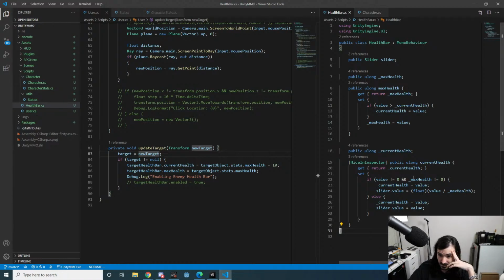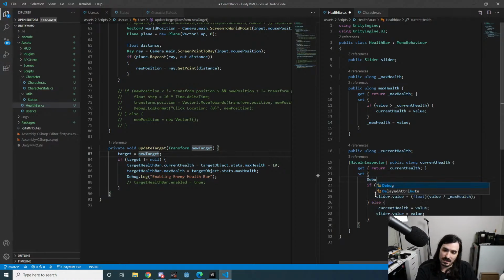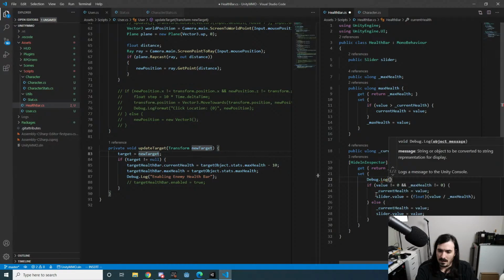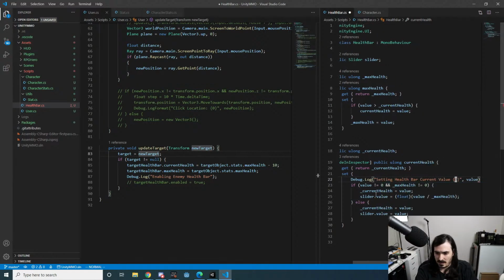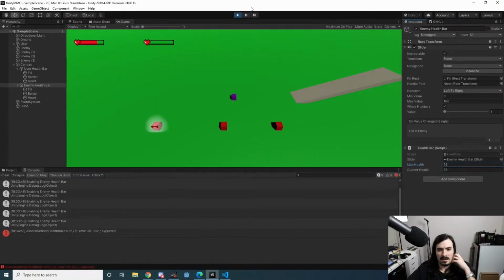Current health. Maybe this set's not working. Debug.log, setting health, current health bar current value. And if we do this, we can put the value here, and then Debug.LogFormat here, and then